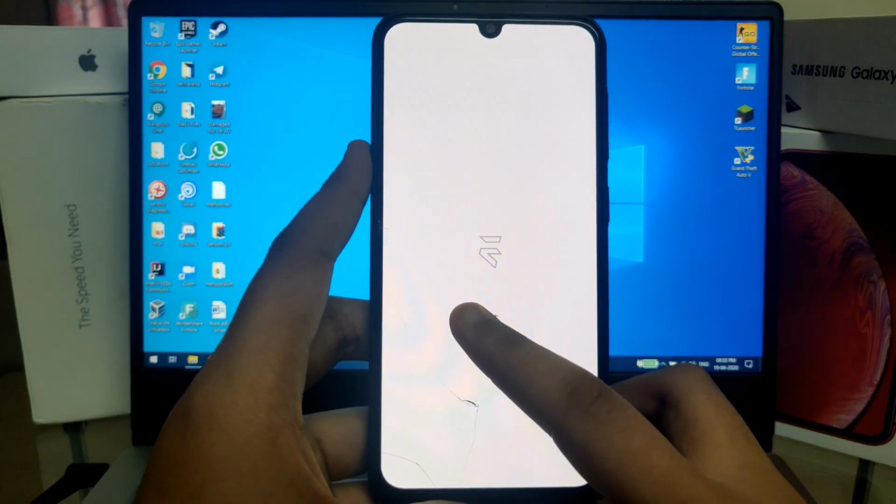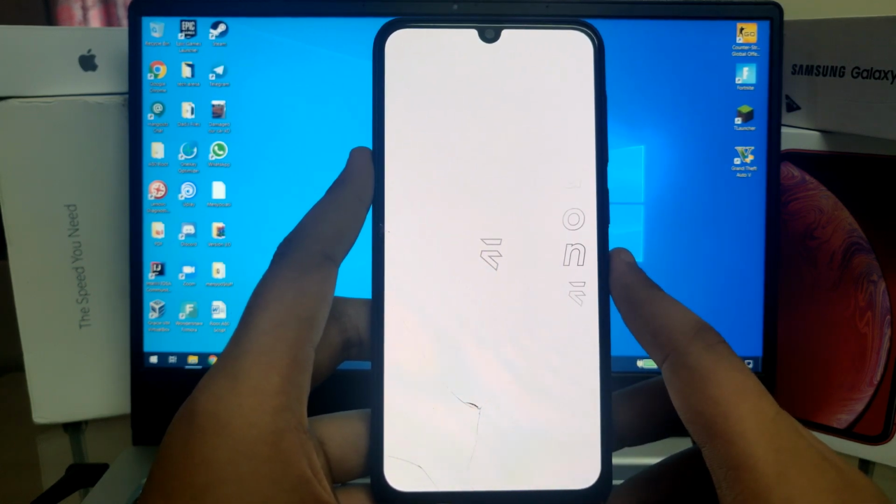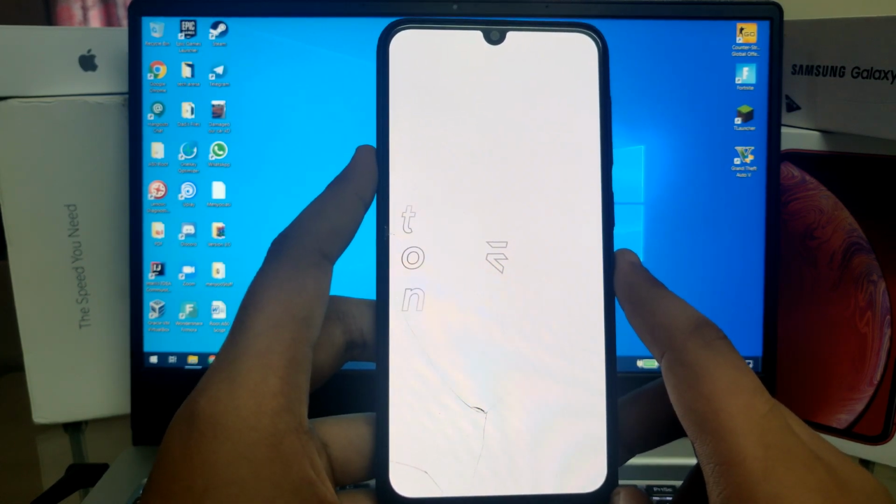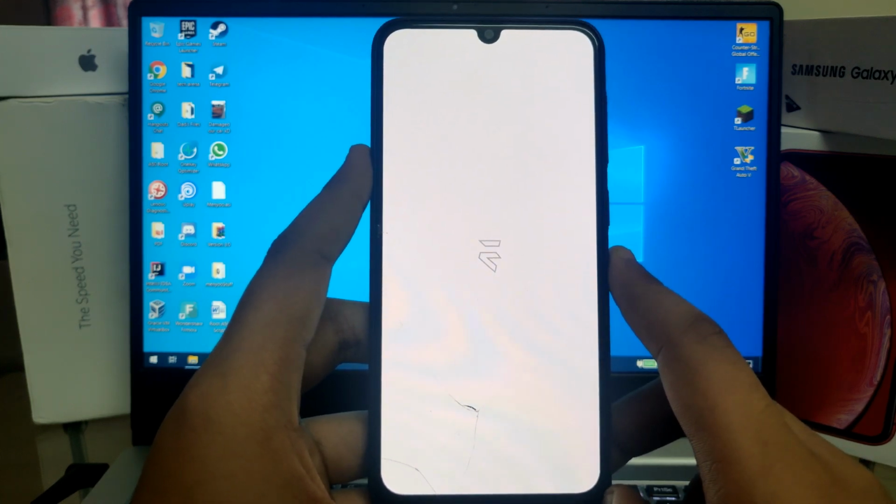As you can see, Evolution X is now booting up. So let me just show you how it looks.